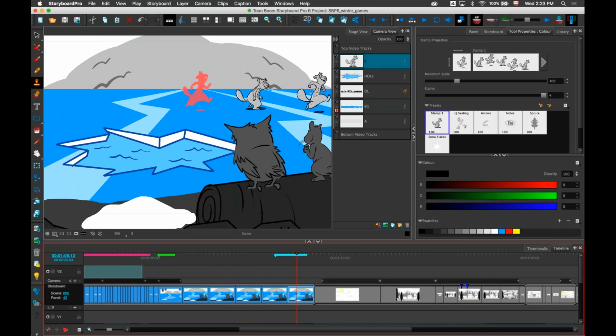Now coming back to the stamp tool, what's great about this one is on top of all the parameters that we can set for the randomness and the size, pressure sensitive, I can also easily flip a drawing or my stamp. So this run cycle sometimes is running from left to right, sometimes it's running from right to left. I can easily just flip it by clicking on this little button here. So I don't have to create 2 cycles, one that goes from left, and one that goes from right. I have 1 cycle, and I can easily flip between directions.